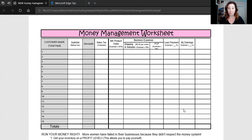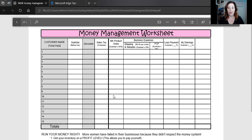Now remember, in Mary Kay, it doesn't matter if we order a tractor trailer full or one item at a time. Mary Kay worked out a great deal with UPS and it only costs us $9.35. And you'll see I have that number right here reflected in our order, and you'll see how all this plays into one another. So the first thing we're going to do